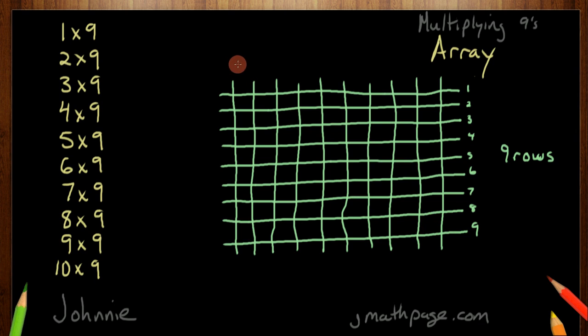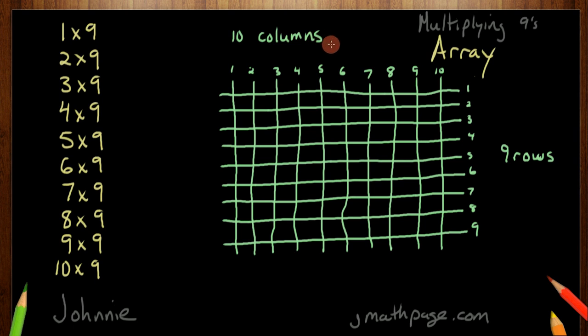Okay, let's count them off. 1, 2, 3, 4, 5, 6, 7, 8, 9, 10. I chose 10 because we're thinking about 10 here. So we have 10